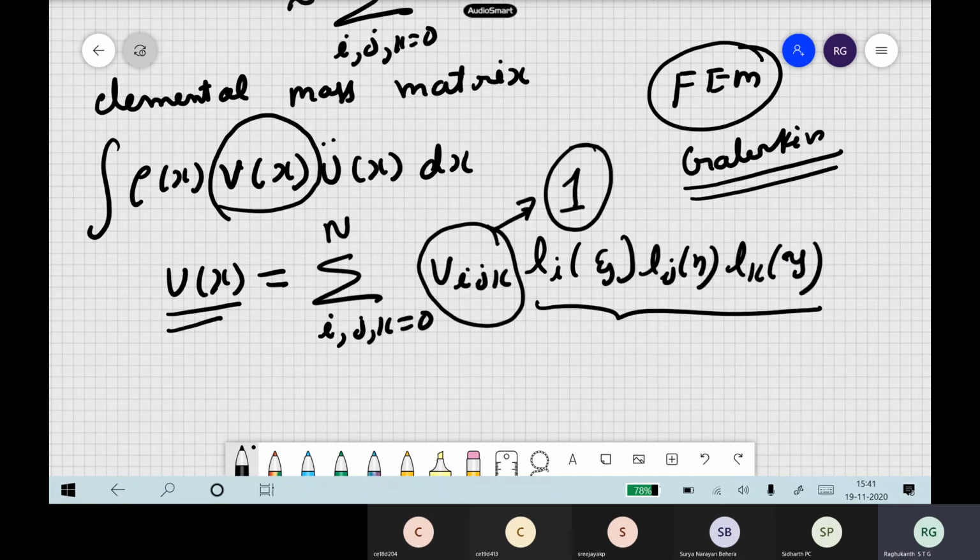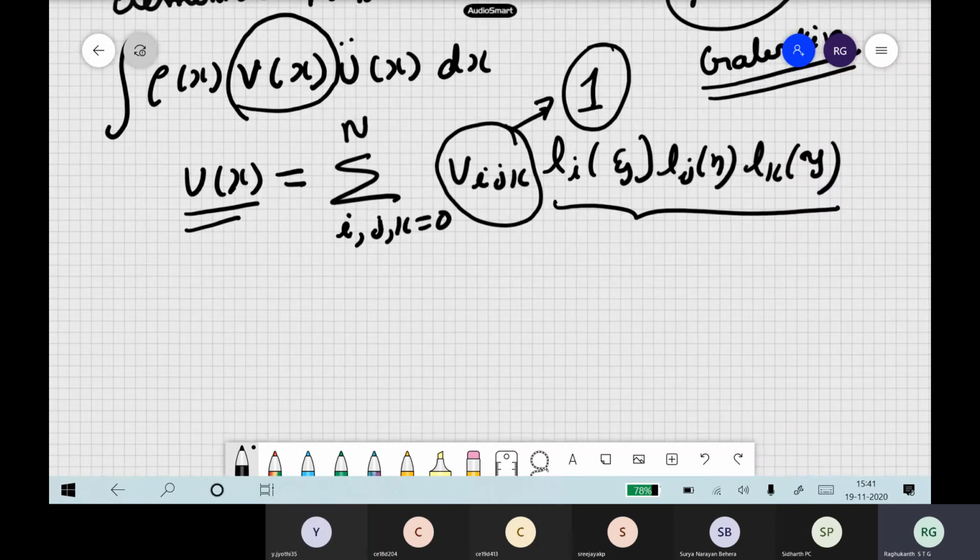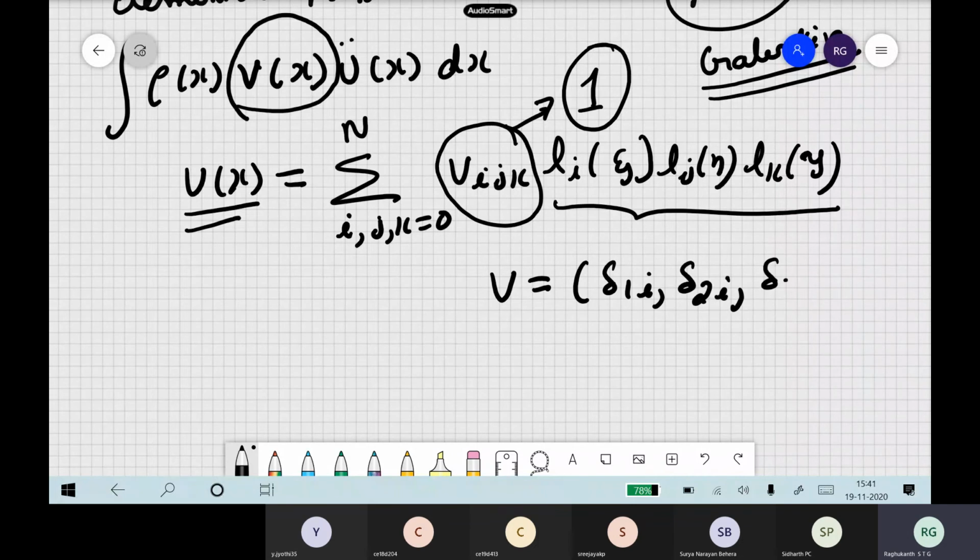So we take this itself as unity, and then Li of psi. Okay, so now here, because it is in 3 dimensions, we take the v as 1 only, but we write it in vectorial format. So delta 1i, then delta 2i, then delta 3i. So these are the components of our vector v. So v1 will be delta 1i.